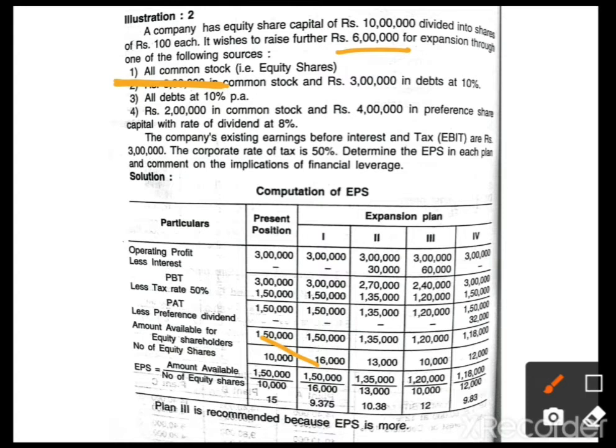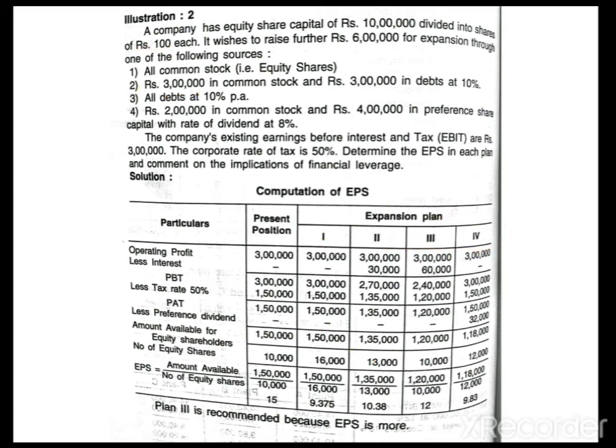Next, in plan 2, 3 lakh is common stock and the remaining is debt, which means we need 3 lakh, so 3 lakh divided by 100 is 3,000. So 3,000 plus 10,000, total 13,000. Is it clear? If you are confused writing it here, then leave it. Directly you can calculate here also. In each plan, the new equity shares plus old equity shares have to be taken. If there is no equity share in the concerned plan, leave it. Whatever the old equity shares are will be taken as the shares in that concerned company.